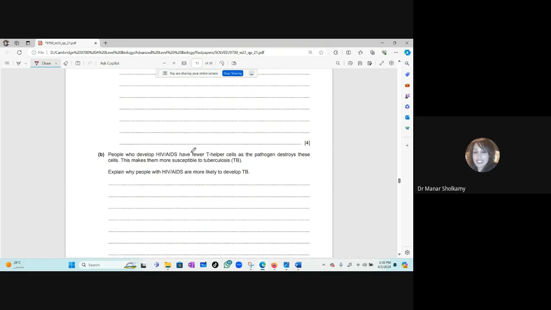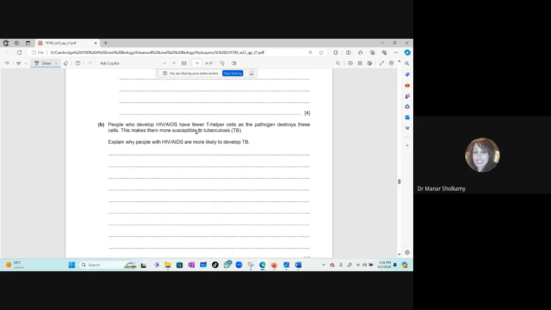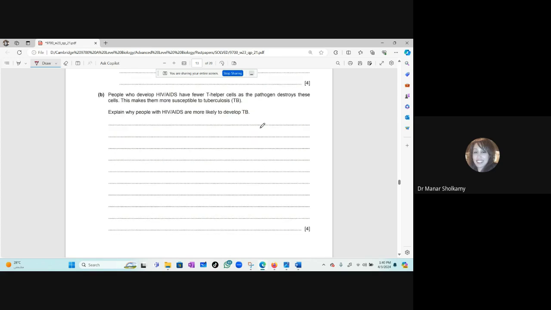People who develop HIV or AIDS have less T helper cells as the pathogen destroys these cells. This makes them more susceptible to TB. Explain why people with HIV or AIDS are more likely to develop TB. 4 marks. Now, this is an important question. Mariam, can you help me? Yes, doctor. When you have a decrease in the T helper cells, what will this do? Less cytokines are going to be produced. Yes, you are correct. Therefore, less